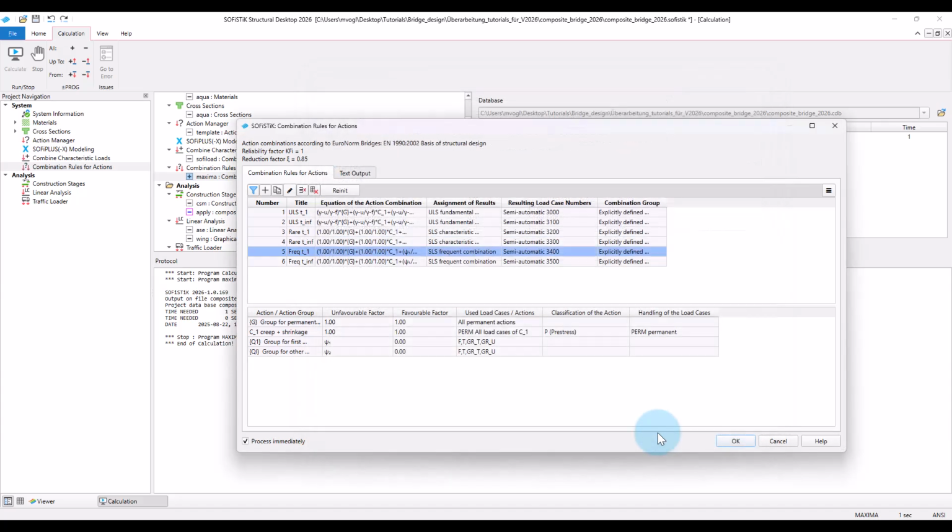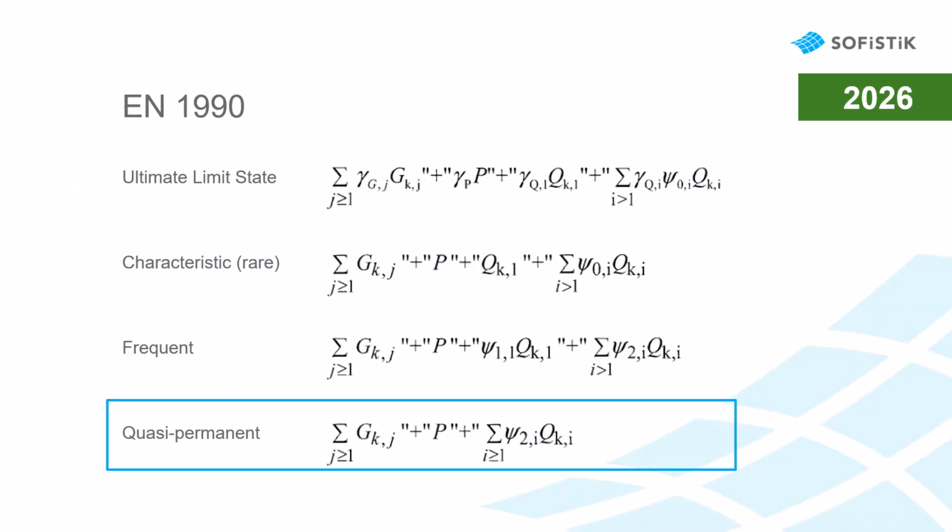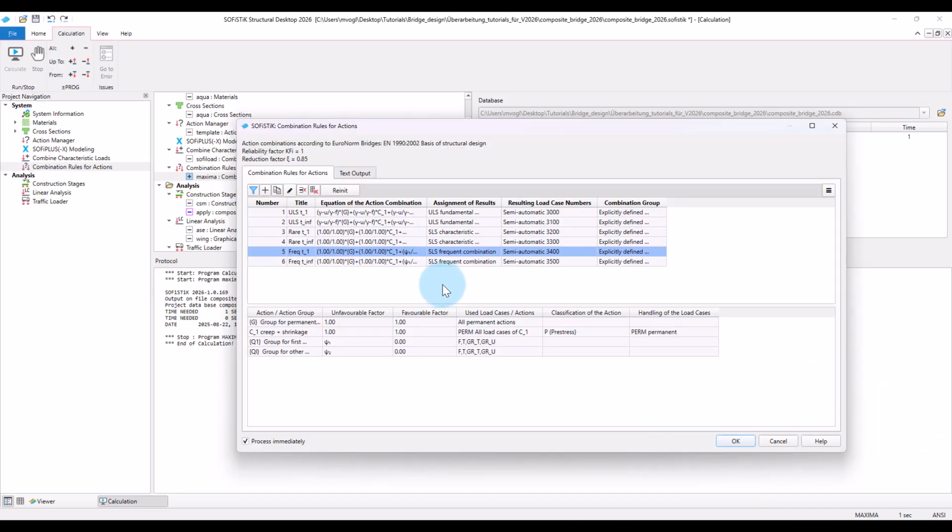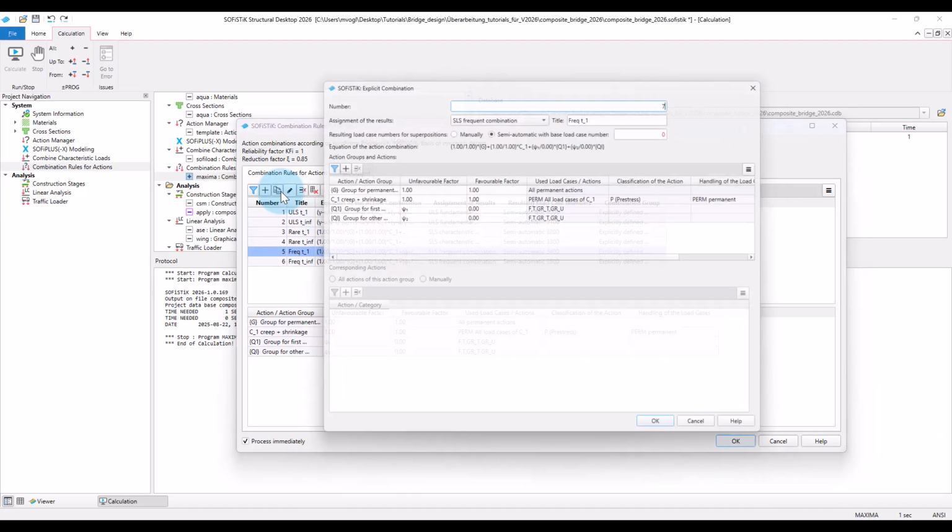And finally, the quasi-permanent combination. For this combination there is no leading action, so we delete the corresponding action group.